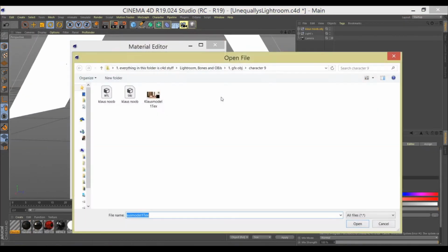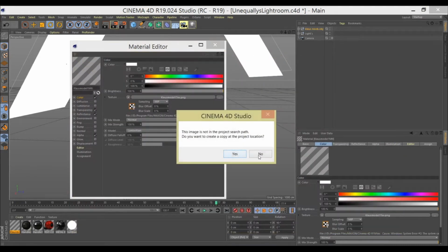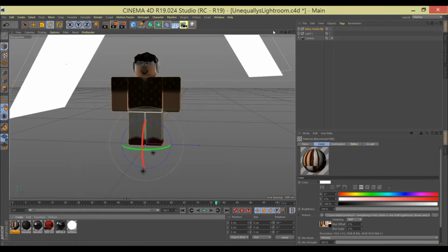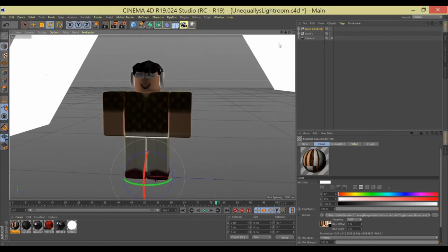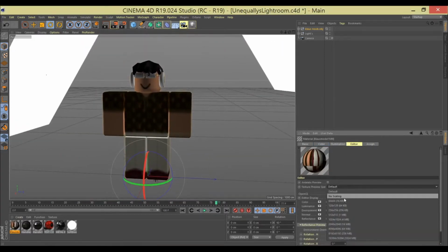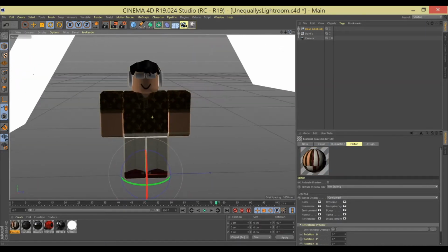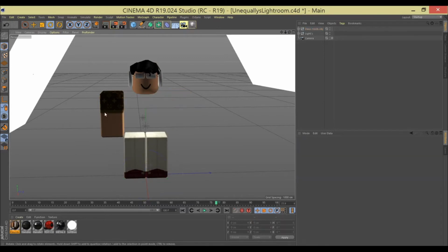Afterwards click the missing material in the bottom left corner, then the three dots where texture is, and find the texture for your character. It will look ugly and blurry, so click Editor in the right panel and click No Scaling. And voila, it looks perfect, but before it can look its best you need to delete everything except the